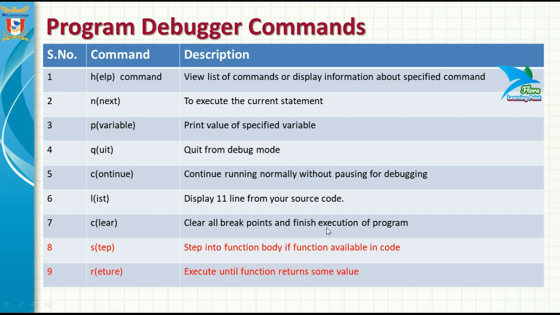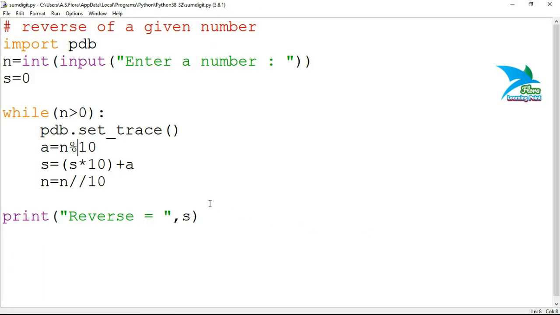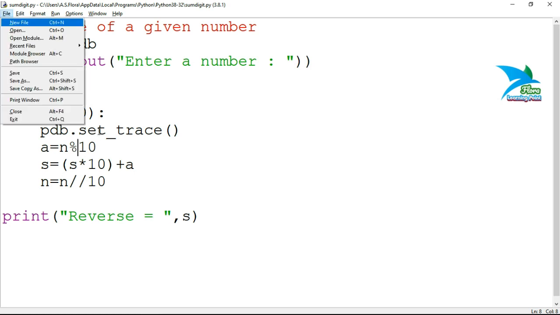Next we'll discuss the clear or C command. This command will clear all breakpoints and finish execution of a program. That means it will clear all if you set many, but presently we have set only one trace point or breakpoint.